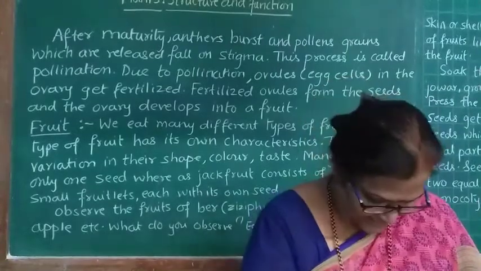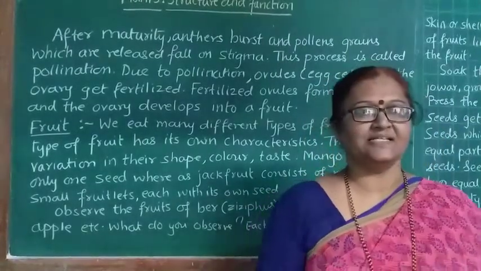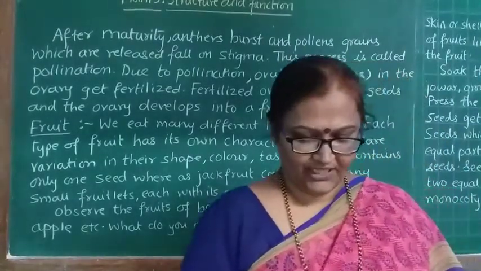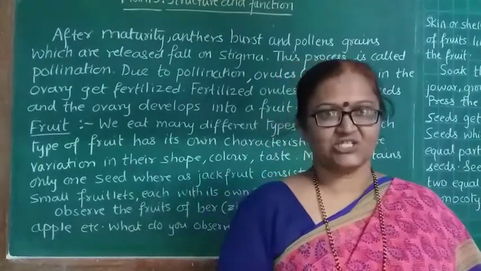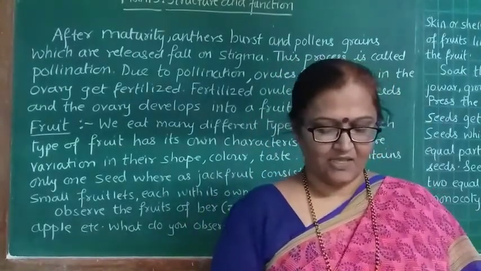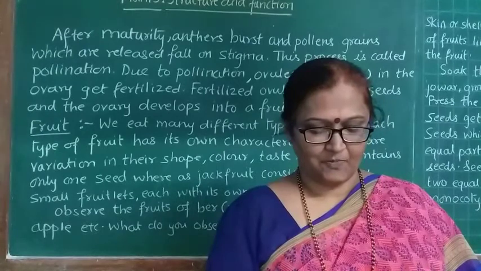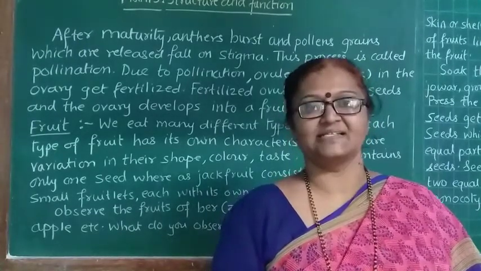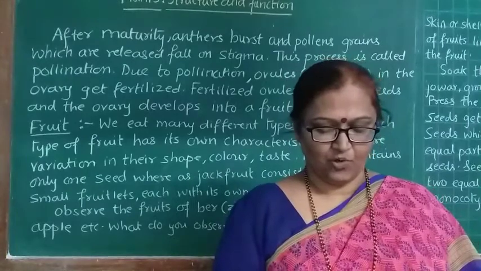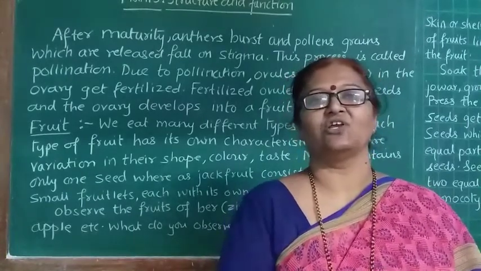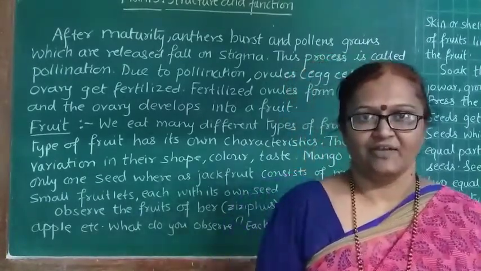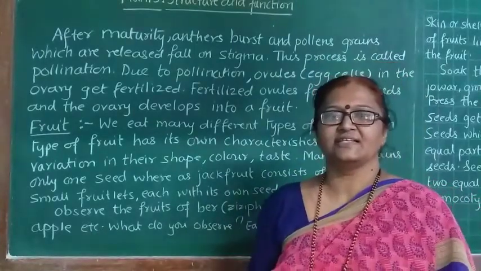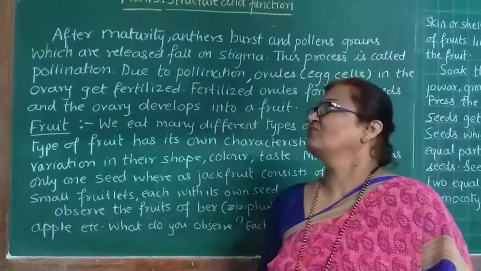Take a vertical section of a hibiscus flower. What you have to do is take a vertical section of a hibiscus flower with the help of a sharp blade, cutting the flower vertically from the stigma to the pedicel. Both sections of the flower you have to observe. Whenever you observe that, you see the various parts of the flower.